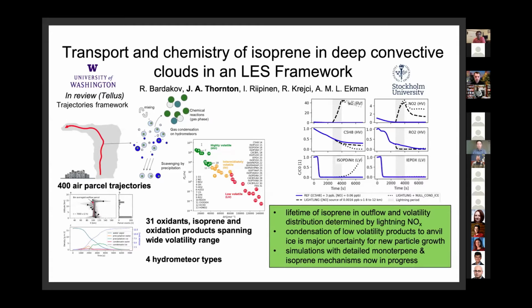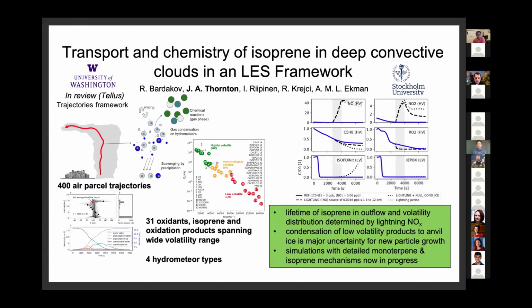So in this study, we run a detailed multi-phase chemistry model involving 30 chemical species and 4 hydrometeor types along hundreds of trajectories, output from the Mimica LES system for deep convective events, where we simulate convective events over the Southeast US and the GoAmazon campaign conditions. These are idealized runs, but we use inputs from